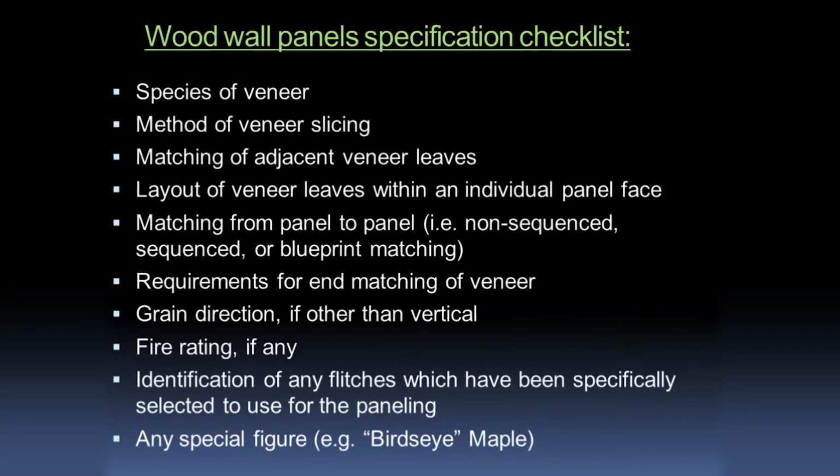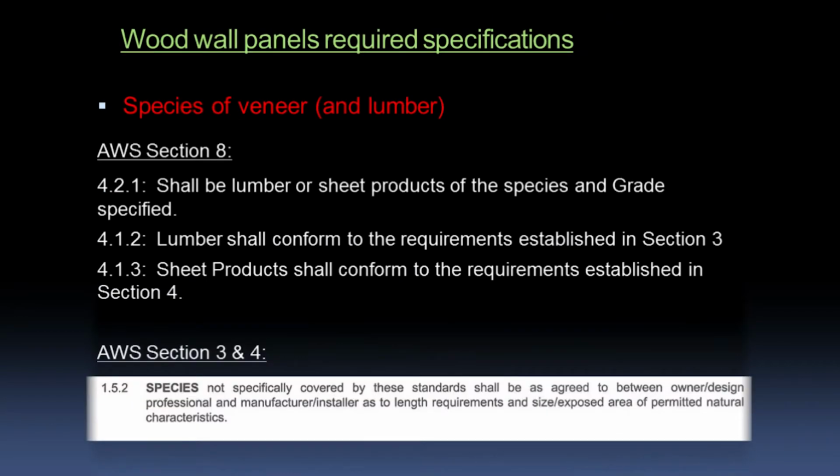It's pretty safe to say that the chances are just about zip that any of us will see a project for which no species is specified for transparent finish paneling. It's true that there are some other millwork categories where the AWS gives the woodworkers some authority and latitude in selecting materials if none are specified, but this ain't one of them. So once a species has been established,